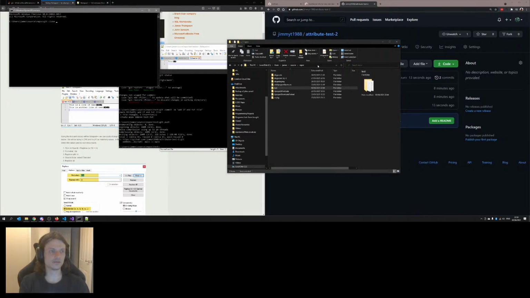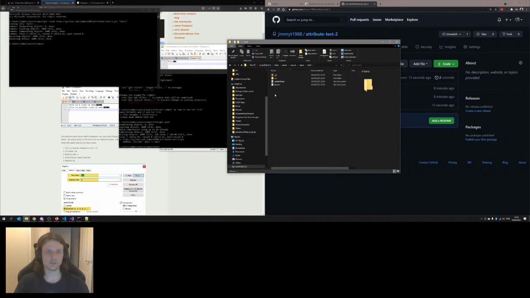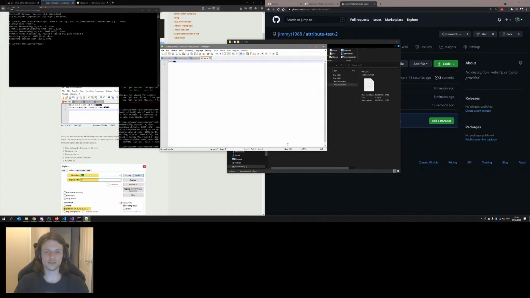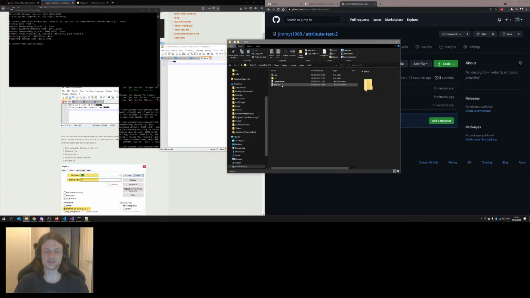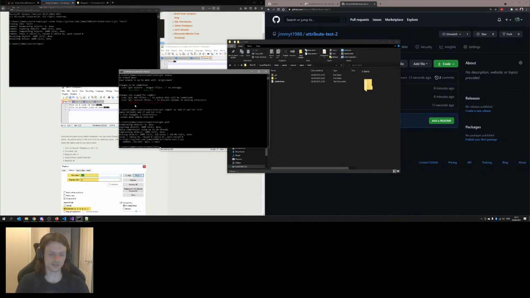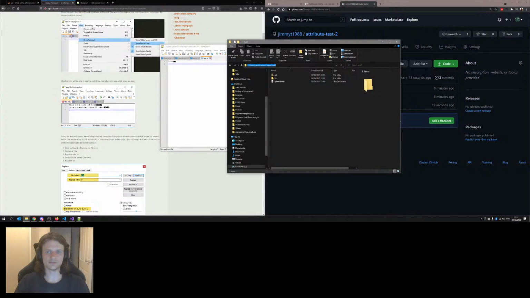In cmd, git clone that, and we'll do this test2. So what do we get out of this? Test2. I open that up in Notepad, and it's an LF. Okay, that's cool. So here's another question. If I now delete that, and I submit that as a change, so git status, there it is. No, that's not it. Let's try that again. That's not what I want at all. It's this one. So if I delete that,